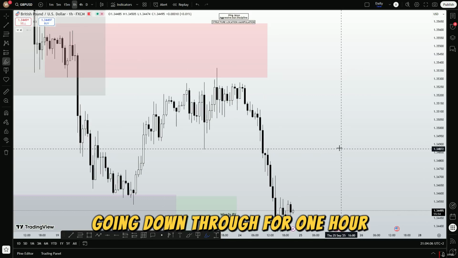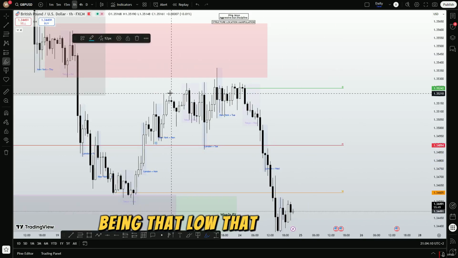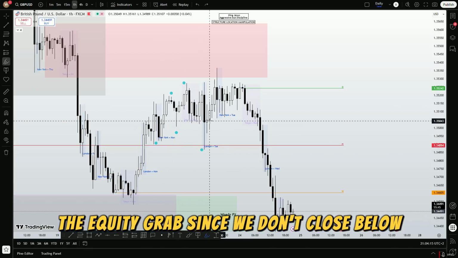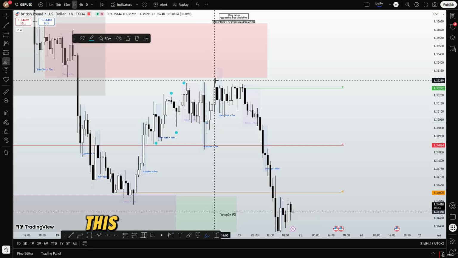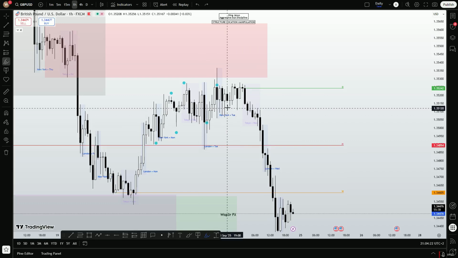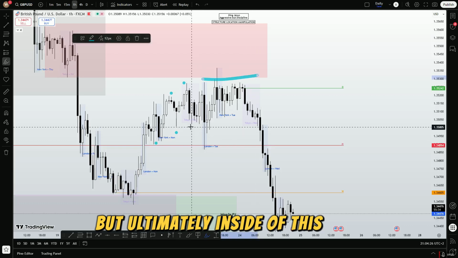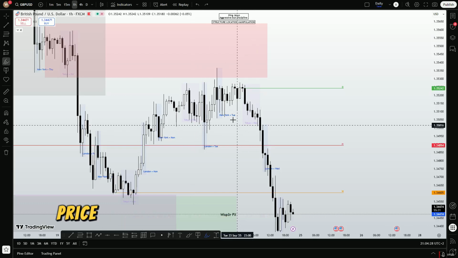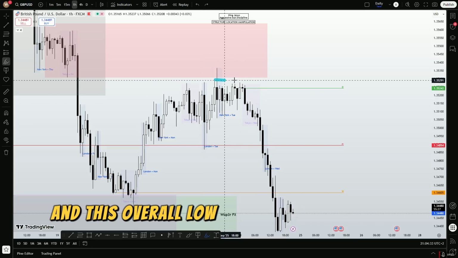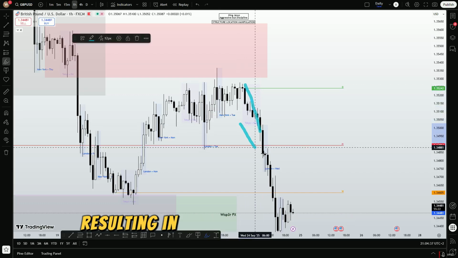Going down to the 1 hour, we can identify that market structure once again being that low, highs, liquidity grab since we don't close below. So this is the new low, this becomes the new high over here. Lows, highs, but ultimately inside of this area we just begin to range, price being contained between this overall high and this overall low, and inside of this area we got a change of character resulting in that sell side